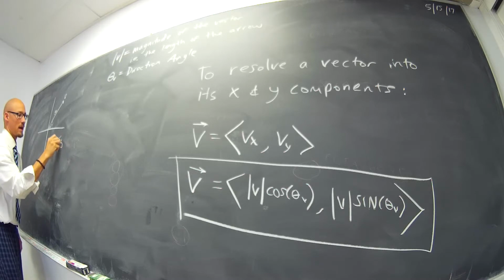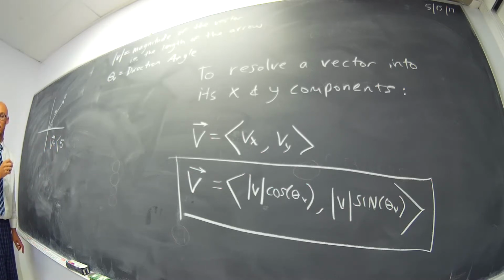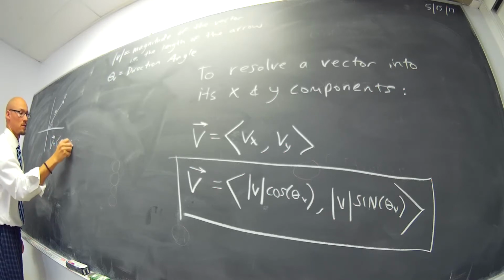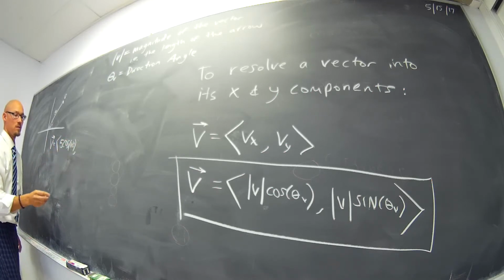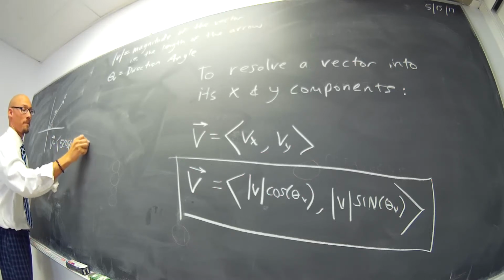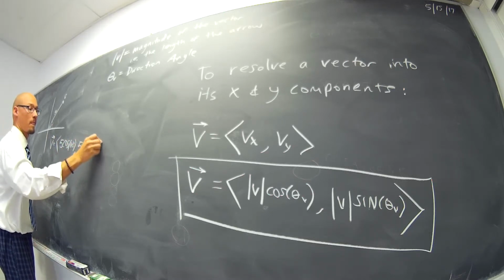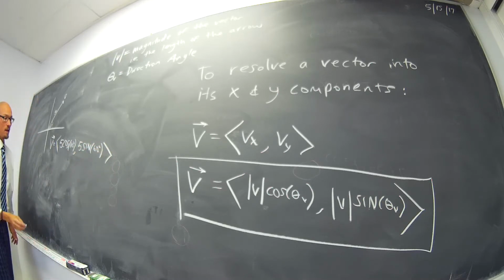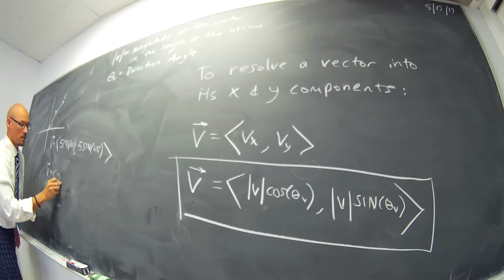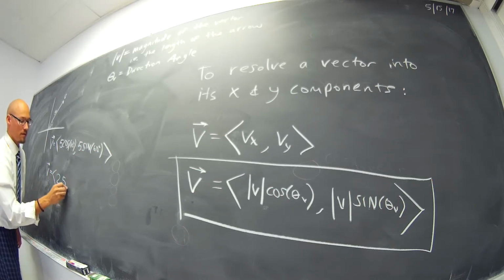So magnitude times cosine 60, comma, 5 sine 60. And if you type that in, you will soon find that's probably 2.5,